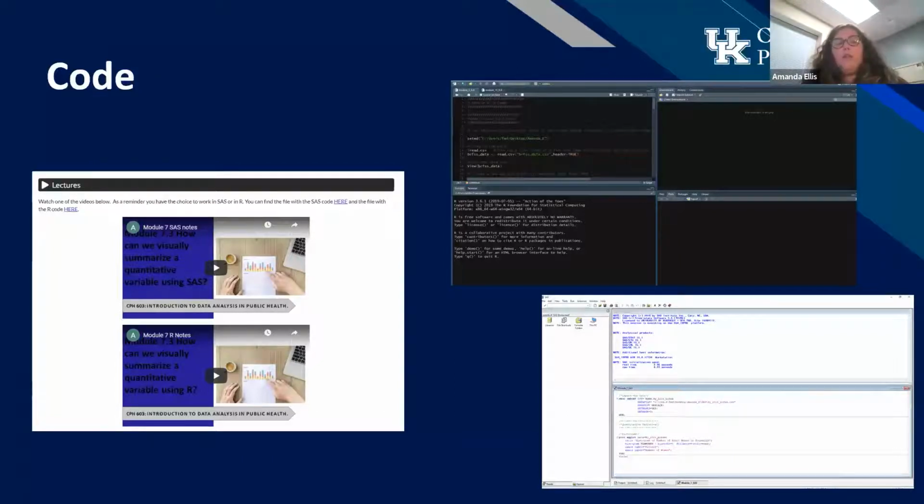The option to use SAS or R is actually something that I'm evaluating right now. This came from our MPH committee. They wanted students to be able to have that option, so the students choose which one. Now, our MPH students eventually go on to do a capstone, and so some conversations that I'm having right now are, do we really want the option here? Would it be better if we limit them to one or the other? Should we open this up to more options?